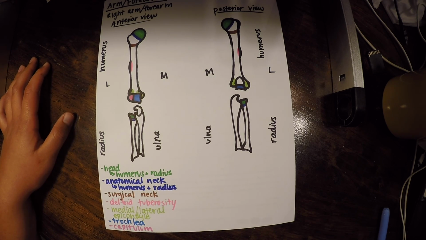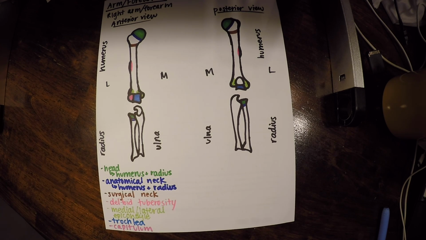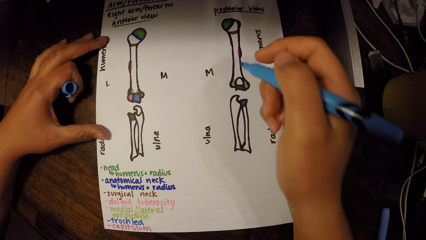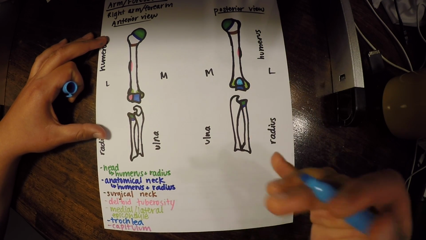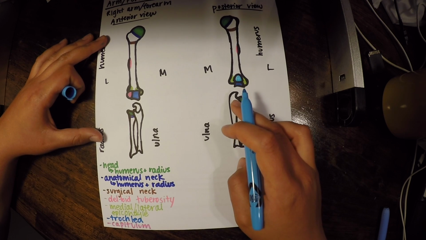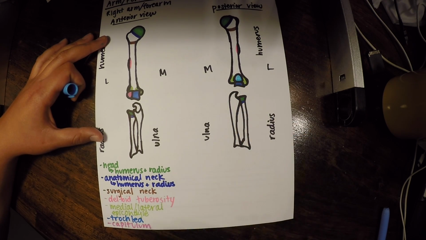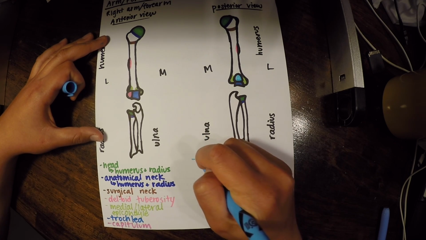Now we also have on the humerus the olecranon fossa, which is this fossa, almost like a little indentation in there to allow for something called our olecranon, which we're going to label in a moment. But let's first just add in olecranon fossa.